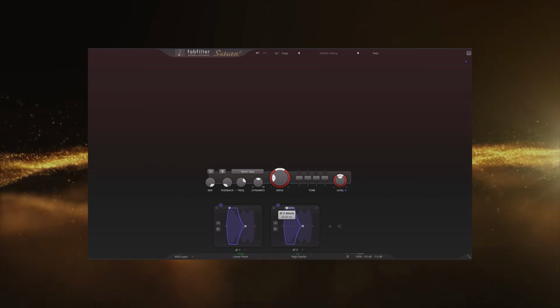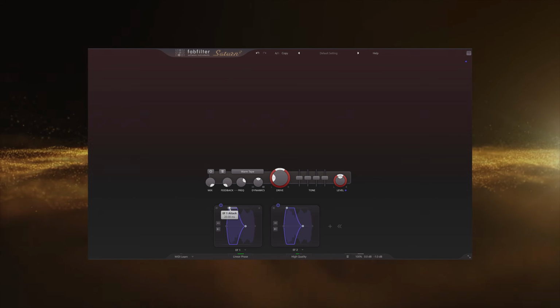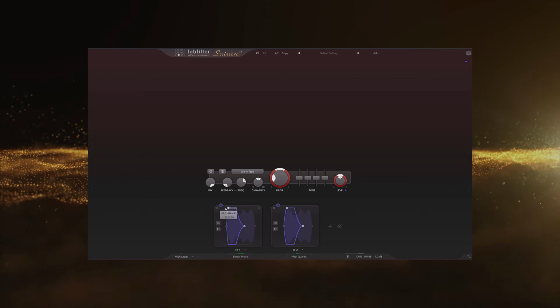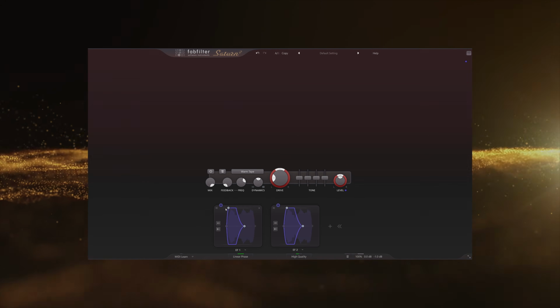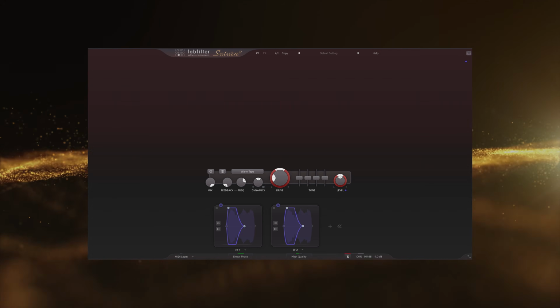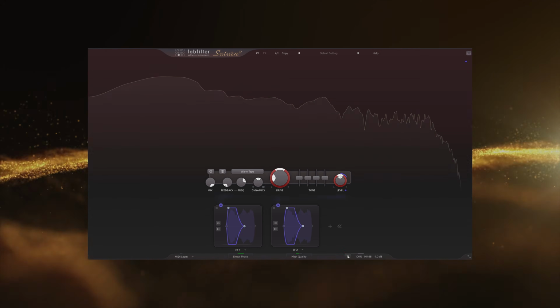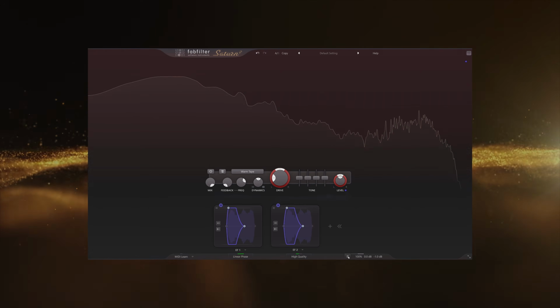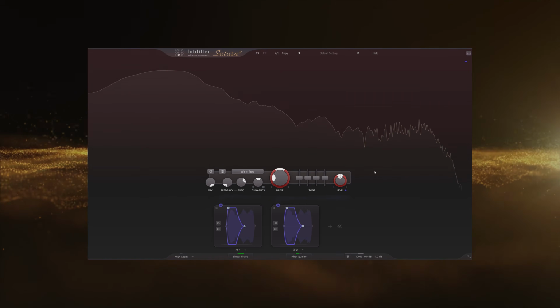But what happens if we change some parameters? This is where things get interesting. So we have this standard 20 milliseconds attack on each of them. But let's change the attack here to the lowest setting it allows. So 1 millisecond. Let's see what happens now. Sounds similar? Yes, this is how we made Saturn 2 sound as a transient designer, but it sounds a bit